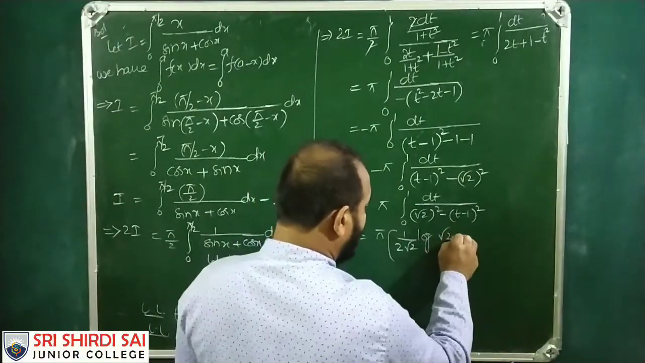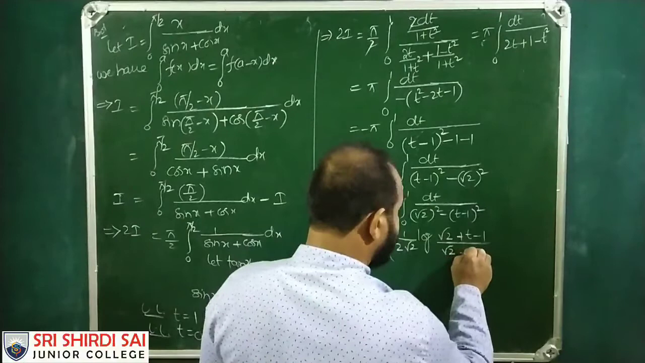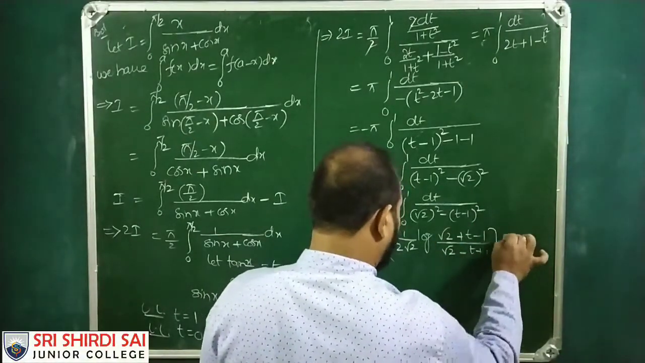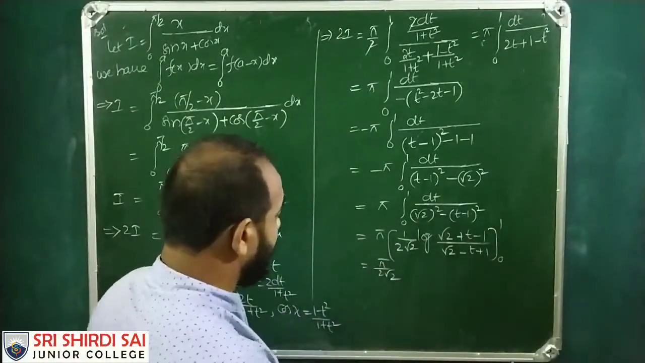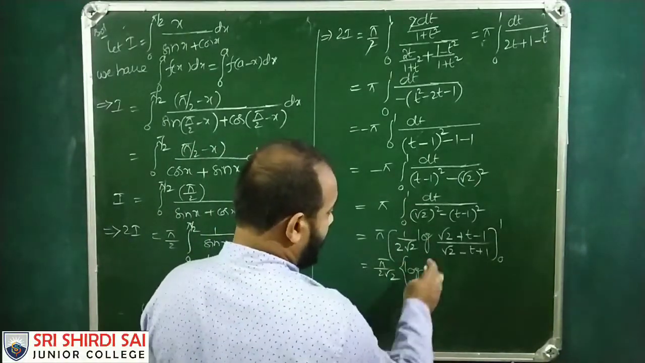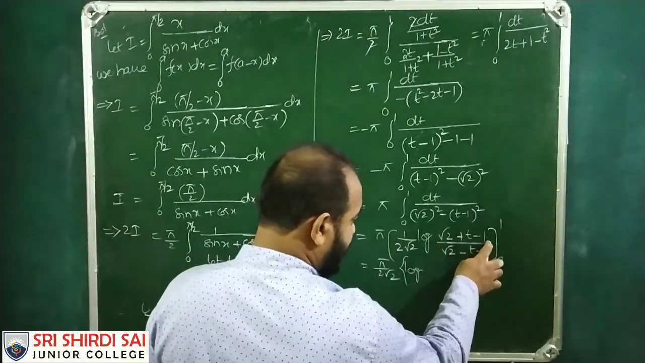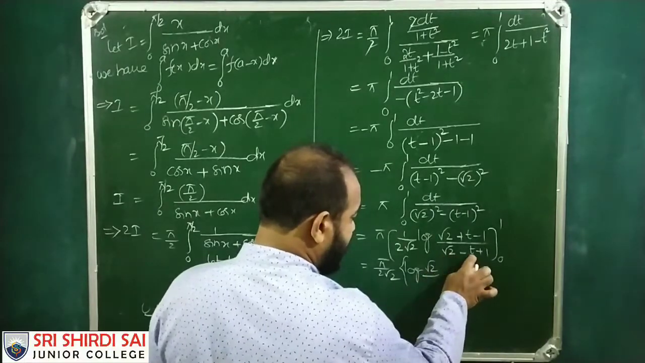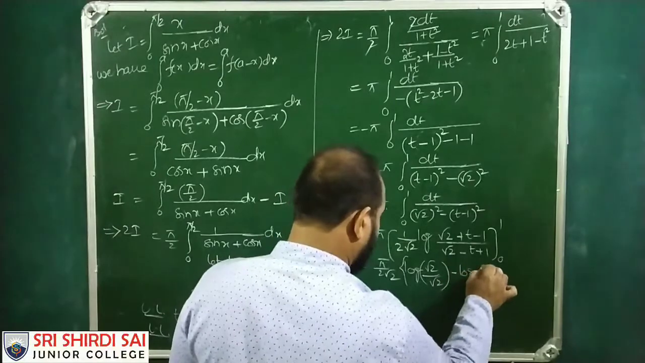Root 2 plus t minus 1 by root 2 minus of t minus 1, so minus t plus 1. The limits are 0 to 1. So pi by 2 root 2 log. Substitute the upper limit: root 2 t is 1, minus 1 gets cancelled. So root 2 by root 2 minus 1 plus 1, so root 2. This is upper limit minus lower limit, log root 2